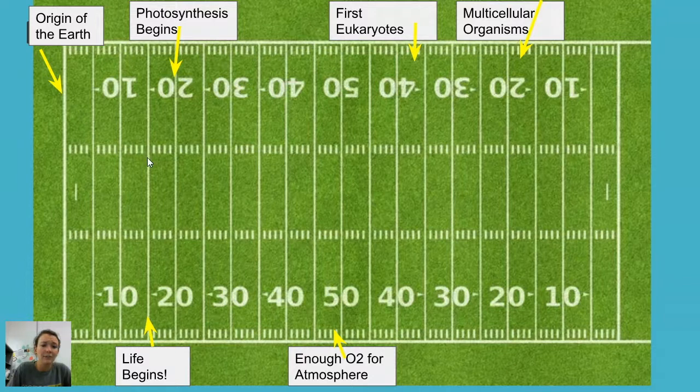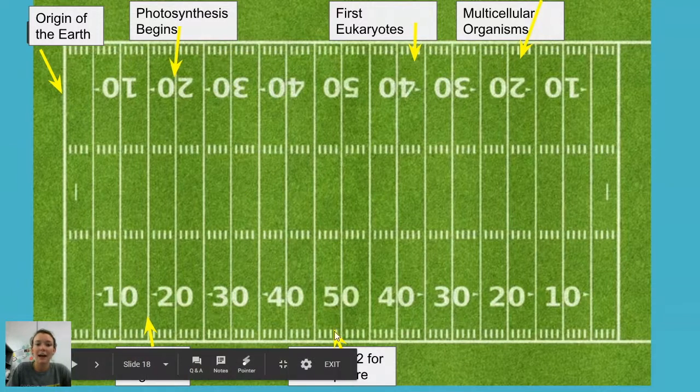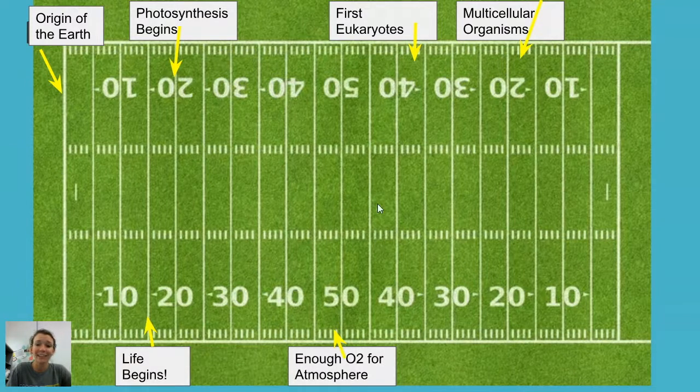So we have life beginning at the 15-yard line, and then photosynthesis starts at about the 20-yard line, but we don't actually have enough oxygen to make an atmosphere, which is what I was referring to when we talked about the oxygen revolution, until the 48-yard line. Okay, so truly, if you're looking at this football field, for this first half of the Earth's life, there's been